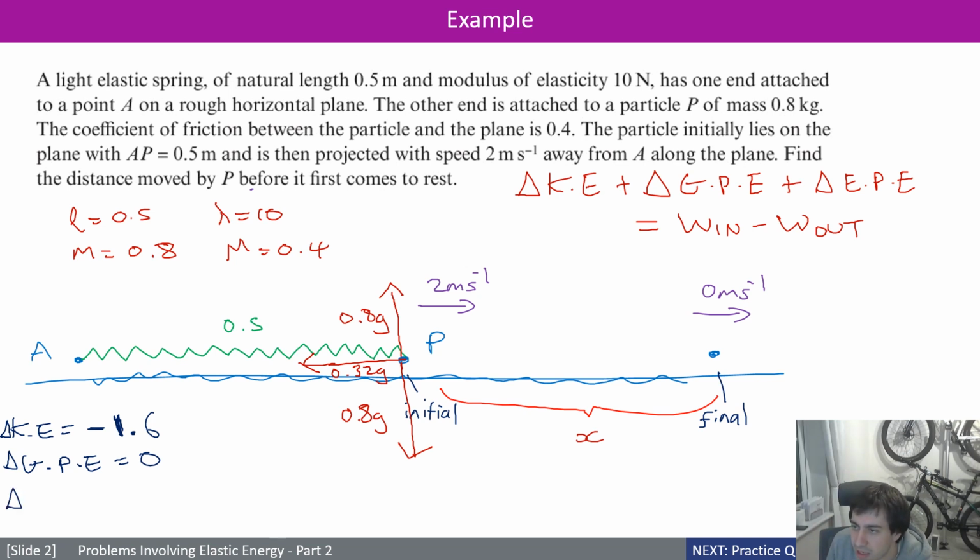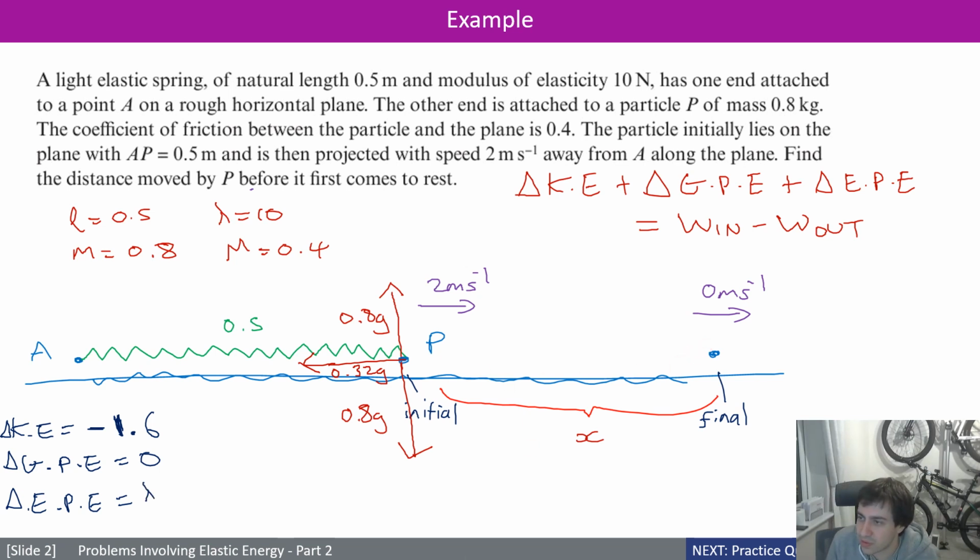And then the elastic potential energy, well, let's see. So it starts with no elastic potential energy at all, because the spring is initially at natural length, and then this spring, when it gets to this point over here where it's 0 speed, will have extended by x being this unknown, right? So that's why we chose x as the letter, because it coincides with the extension. So the extension is x, so we're going to do lambda x